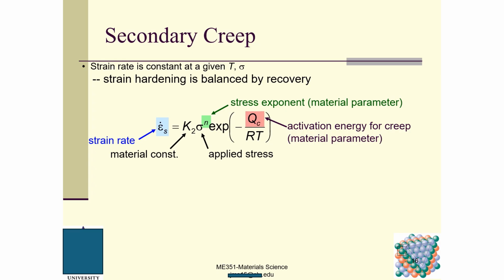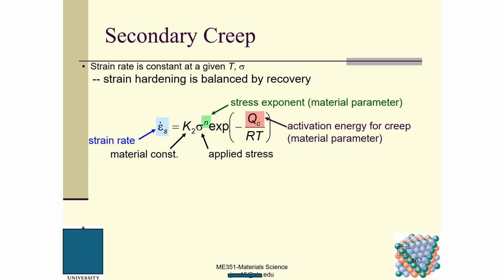We talked about hardening and recovery in our previous classes, and I would recommend you refresh your memory about strain hardening and recovery, and then you will have a better understanding of the secondary creep. So this equation says that the creep strain rate equals K2,